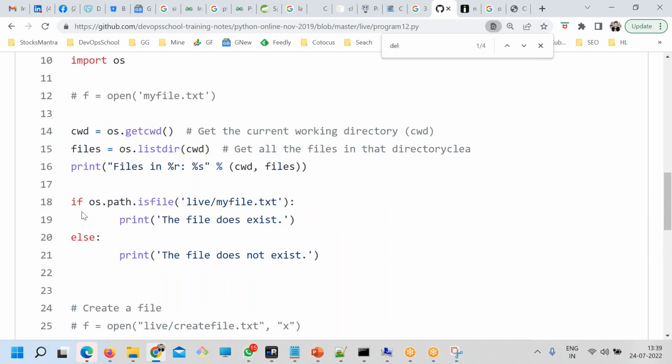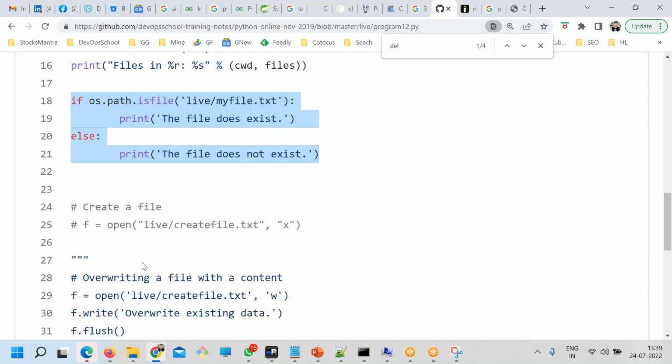Then after listing, read each file. You find out first whether it is a file using the os.path.isfile function. It will tell whether it's a file or not. If it is true, then it will say this file exists, else this file does not exist. This is to check the path of the file, okay?